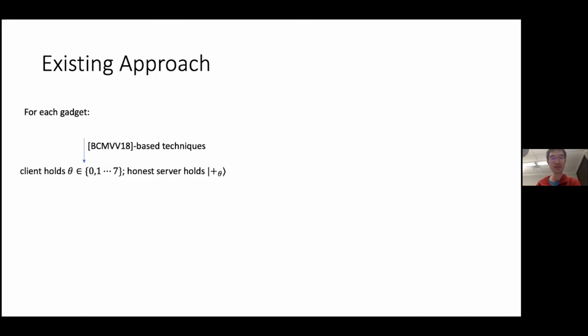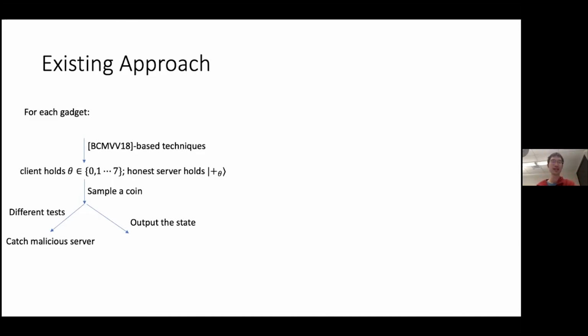Starting from plus theta, the client will sample a coin and either do different tests to verify the server is really holding the plus theta state, or do no test,